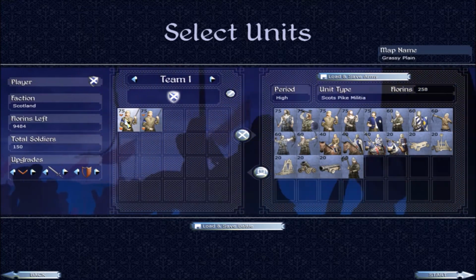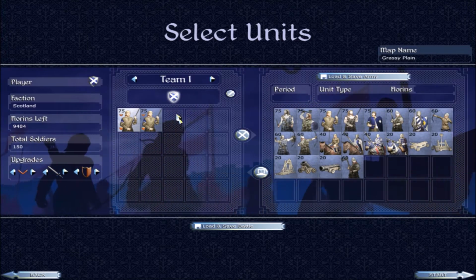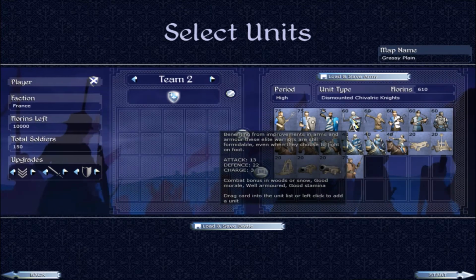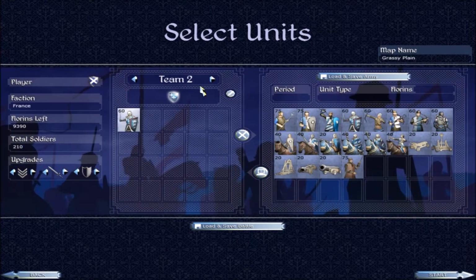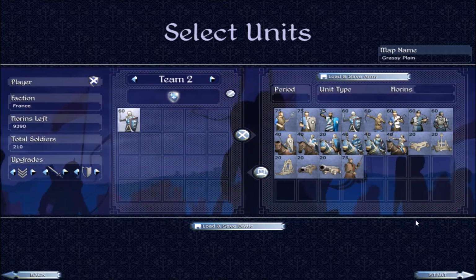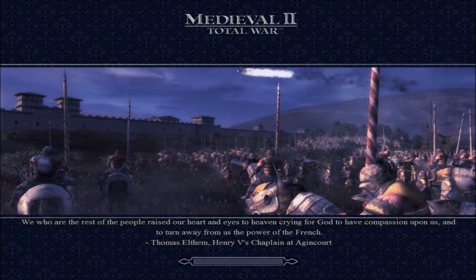Yeah, all in all, about 516 money's worth. So that is cheaper, even cheaper than Chivalric Knights at 610. So this formation should beat this unit. In fact, let us just jump into a quick battle with these units, because I also want to show you